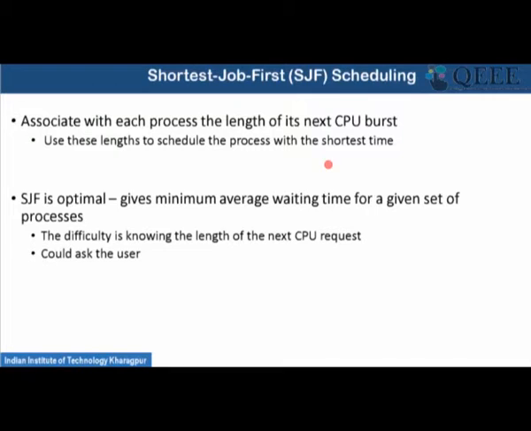But the question is that although it gives the optimal result, how will you basically estimate the duration of a CPU burst? Because once a process starts execution and completes its CPU burst duration, only then do you come to know that this process has executed inside the CPU for 24 seconds. But beforehand, even before the process starts execution, how can you estimate this CPU burst a priori?